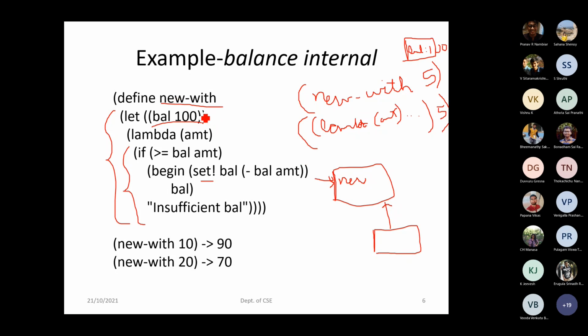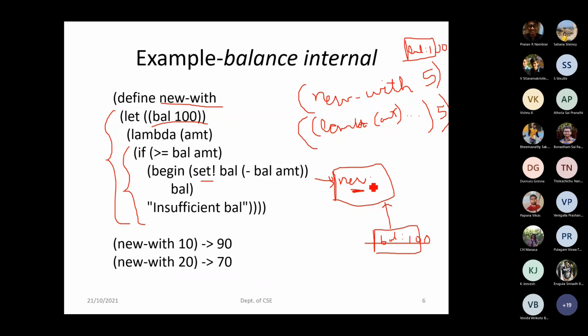So what happens is, whatever variable name you have given, that new withdraw, we have a balance. It's a variable which has been assigned the value 100 for the first time. Since the balance is new the first time we create it, it is creating a new location. So new withdraw, that is also a new variable name. So I have created a new location for it.